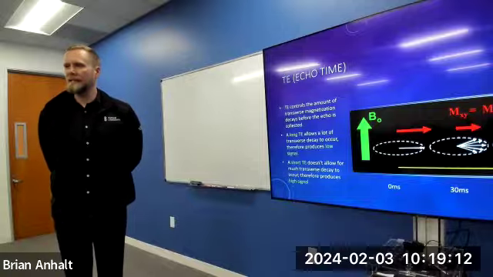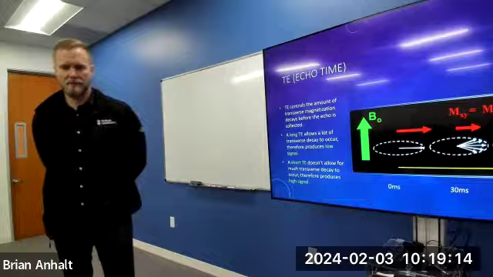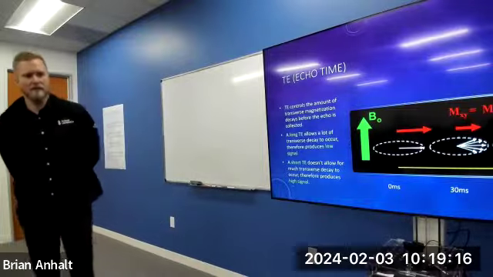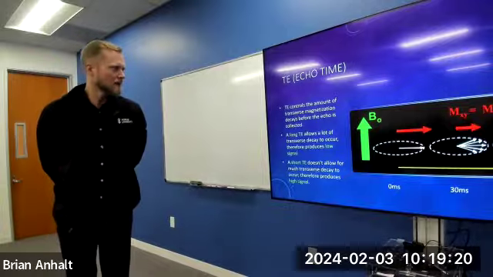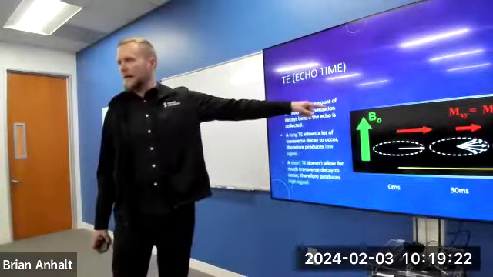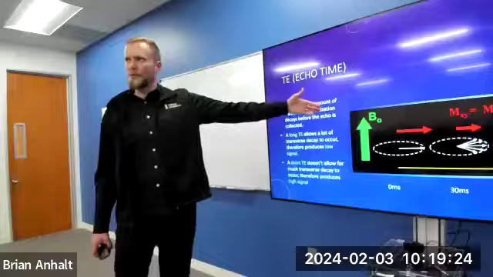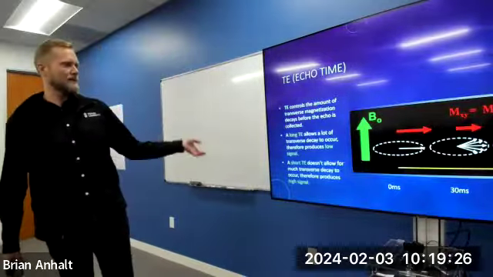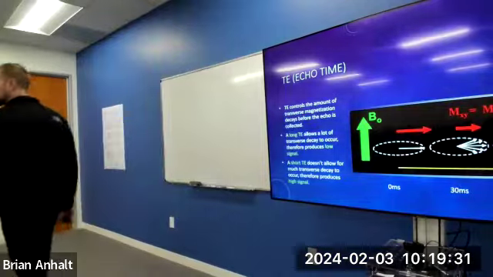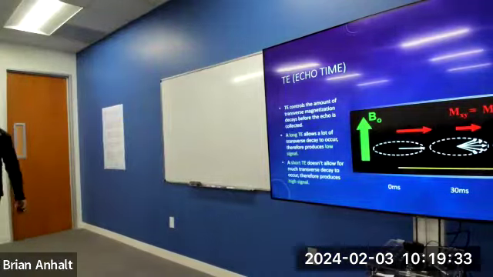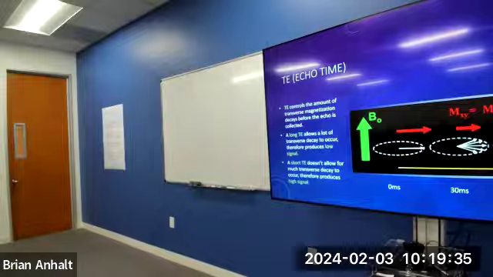Echo time, TE, we know this is the center, the peak of the echo, where the highest signal is induced in the coil when we are sampling. TE controls the amount of transverse magnetization that is happening, right? Before we sample that echo. A long TE allows for a lot of dephasing. So what do you think happens to the signal? Goes down, right? Longer TEs produce lower SNR. Shorter TEs produce